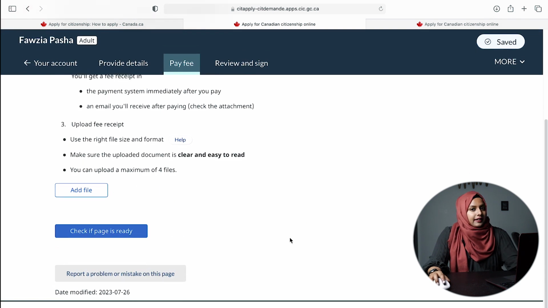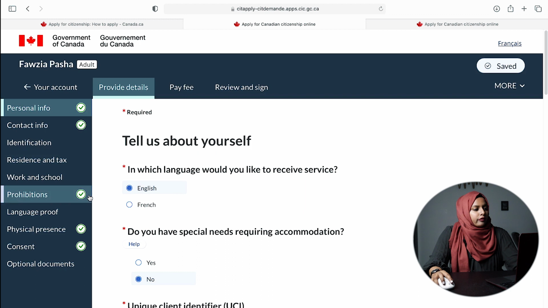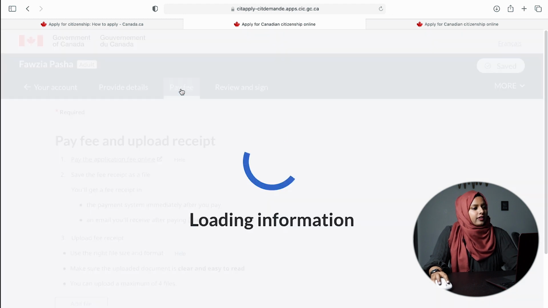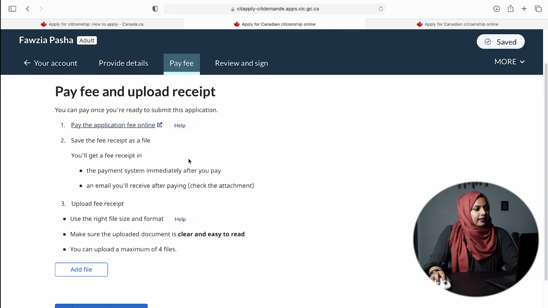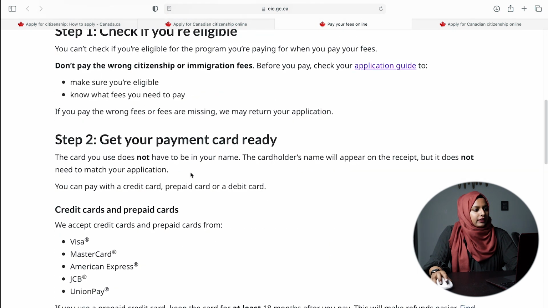But of course, they're not going to accept my fee over here, because if you look at my details, a lot of them are not tick marked because I didn't upload the files over here. So make sure that you have all the tick marks over here for you to even go to the next step, which is pay fee. And then they're going to say you have to pay the application fee online. So you click on this and they're going to take you to this page